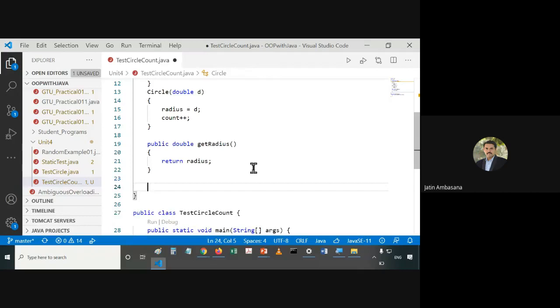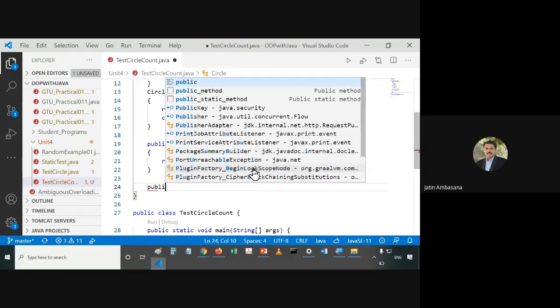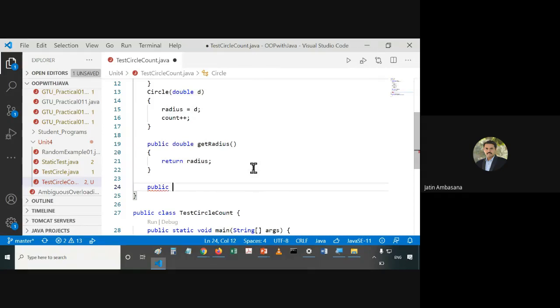And if we use the setter method, then it is like this: public. It does not return anything. Remember, a setter method does not return anything. So public void setRadius, and it will have a parameter. It can accept a number of parameters, but right now we are only setting one variable, so it's good to have only one parameter, right?